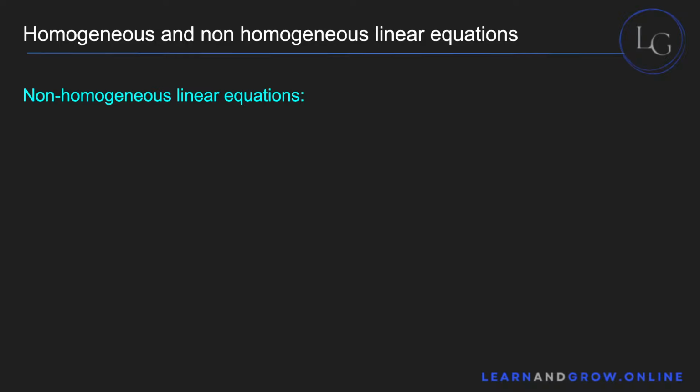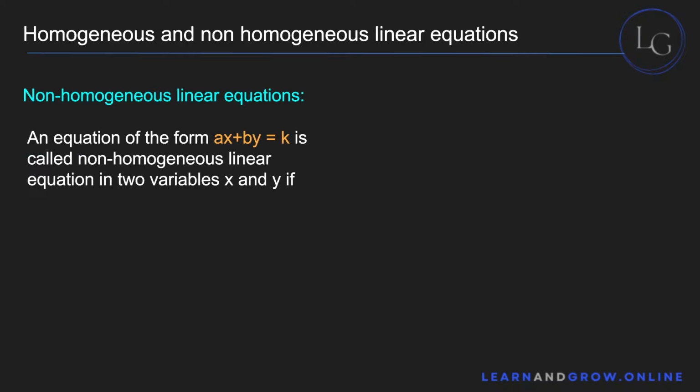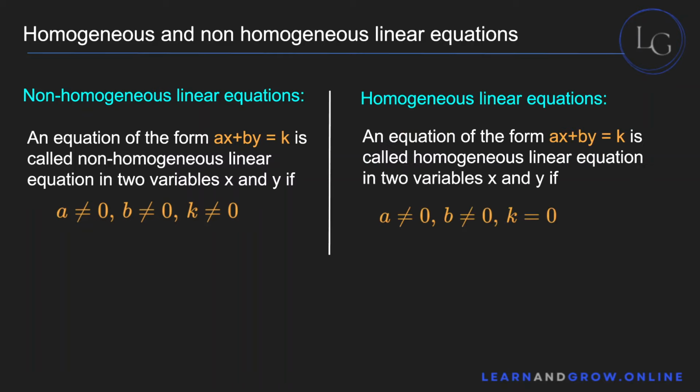So, homogeneous and non-homogeneous linear equations. Basically, a non-homogeneous linear equation is an equation of the form ax plus by is equal to k, a very simple equation. It is non-homogeneous if a is not equal to 0, b is not equal to 0, and k is